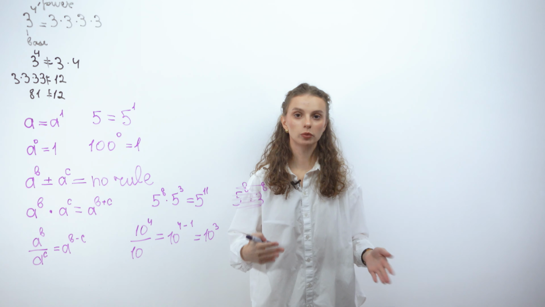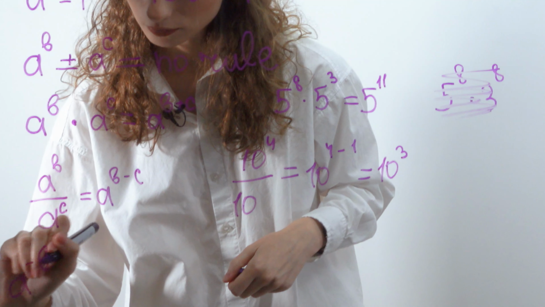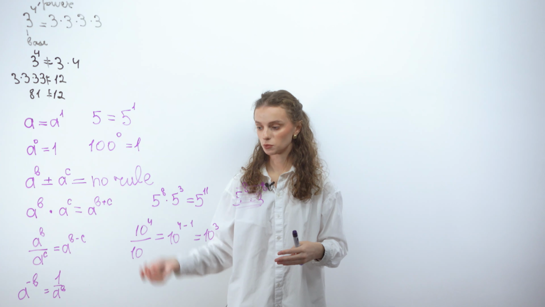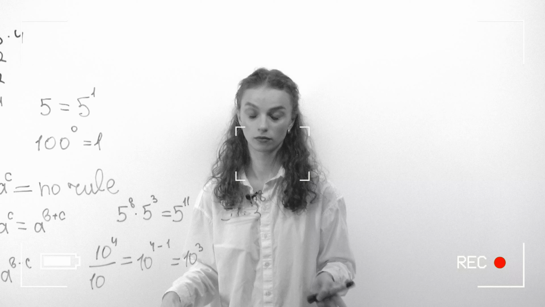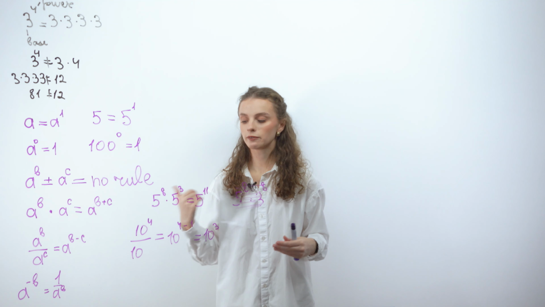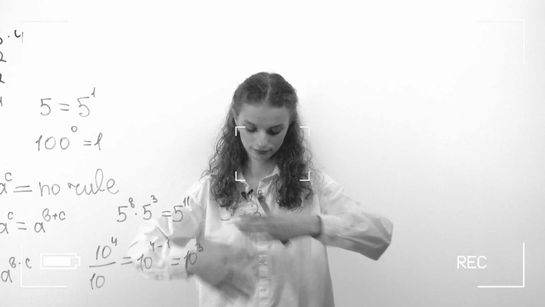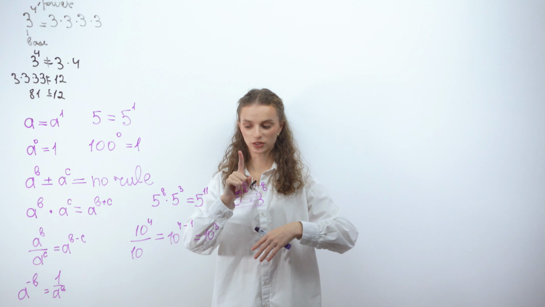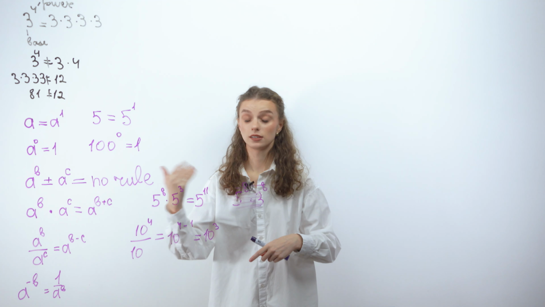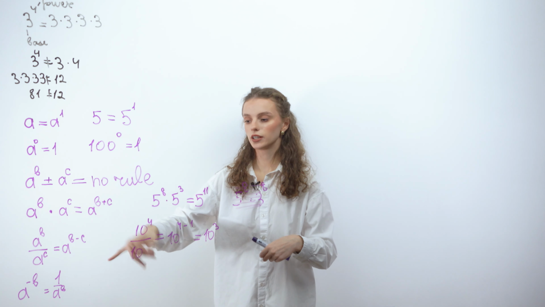The next rule or property is the following. You have a to the negative b power. Whenever you see a number or a variable with an exponent that has a negative power, you are going to use the reciprocal. So if you see a negative power, it goes to the denominator. If it is in the denominator with a negative power, then it's going to be put in the numerator